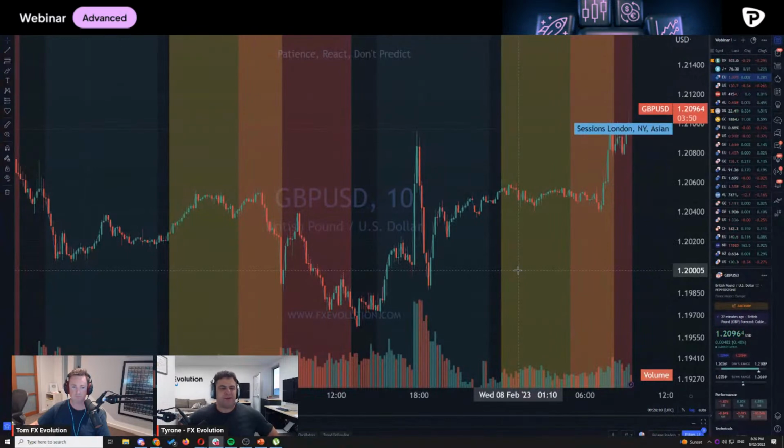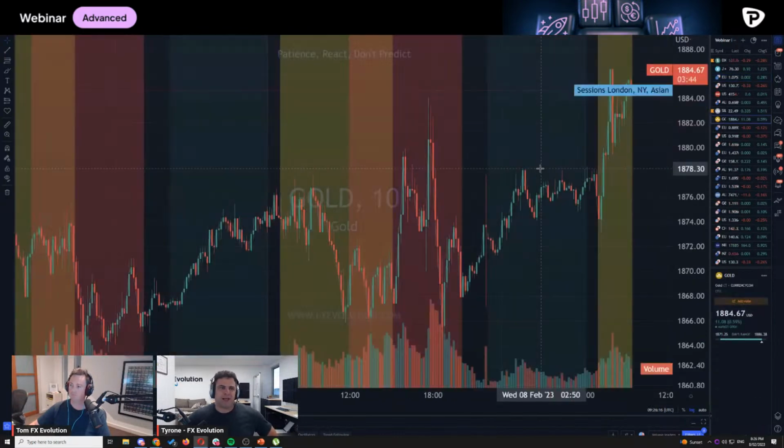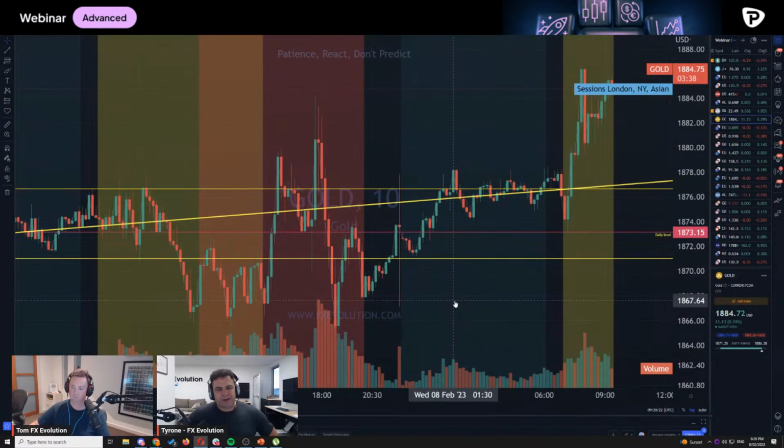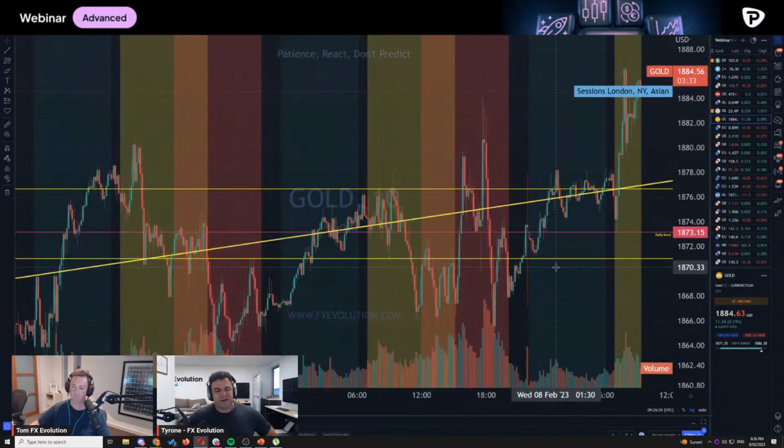It doesn't happen every single time. Sometimes it breaks to the low and continues on. And although you might say, well, the stop loss was low anyway, it doesn't really matter, we still don't really want to take losses unnecessarily. If you take a loss on a trade that just simply didn't work out, well, you cop that. But when you're preempting and sort of having a stab that it's going to do something, you're going to be wrong a lot more than you need to be, and it really can break a good system down.